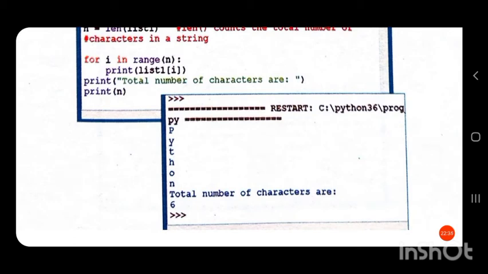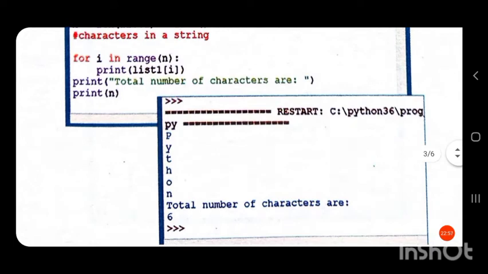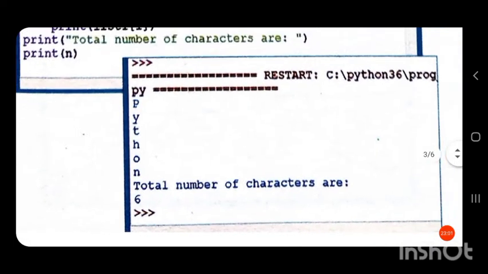Since this print statement is given outside the for loop, it will be executed only after the for loop stops its iteration. So the next statement after the for loop is 'Total number of characters are', and in the output you can see that printed.